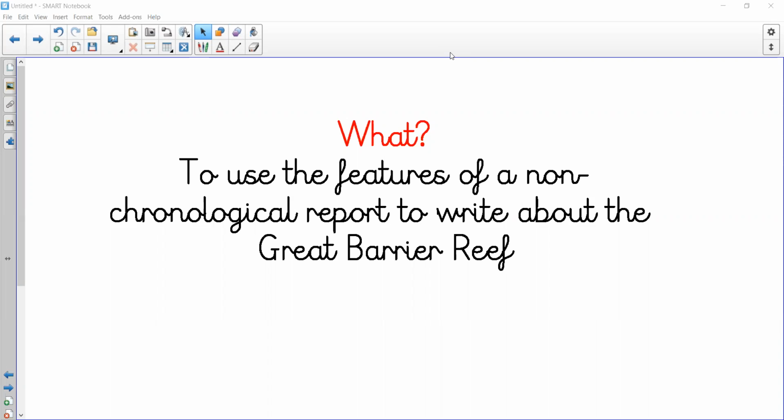Today we're going to be doing quite a lot of the hard work now around the big chunk that is the Great Barrier Reef. This, for some of you, might almost be a whole page worth of information. And then for a few of you, hopefully you'll be getting around half to two-thirds of a page written about the Great Barrier Reef. It is the final lesson on the Great Barrier Reef as well, because we're going to be moving on tomorrow to the